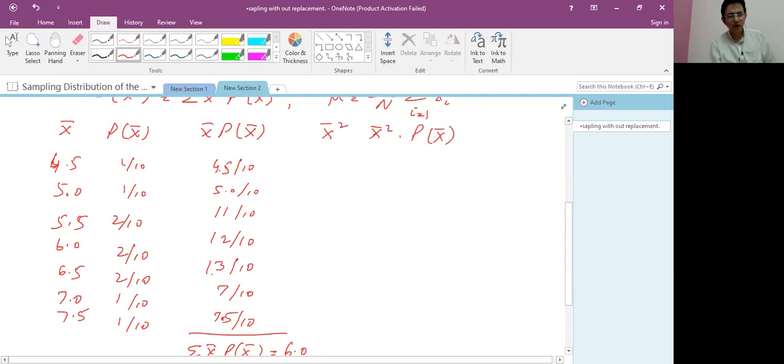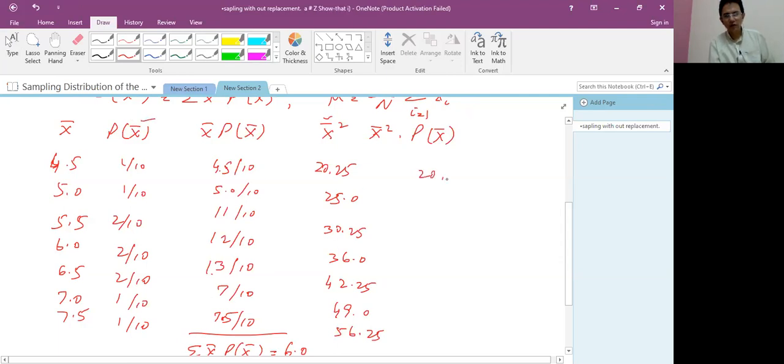Each value of x bar we take the square: 4.5 square is 20.25, 5 square is 25, 5.5 square is 30.25, 6 square is 36, 6.5 square is 42.25, 7 square is 49, and 7.5 square is 56.25. Multiplying x bar square into p of x bar, the answer is 20.25 divided by 10,